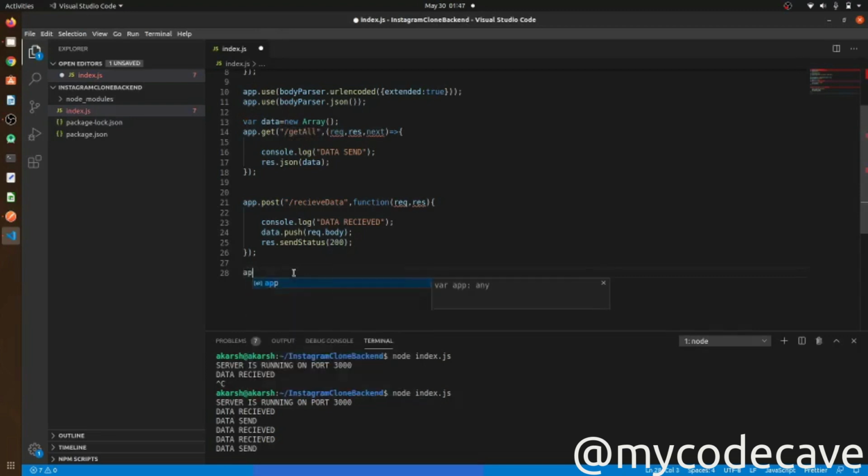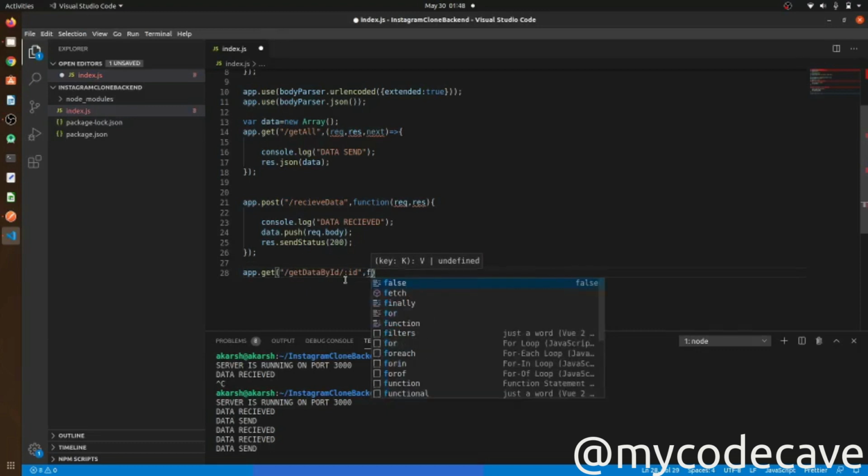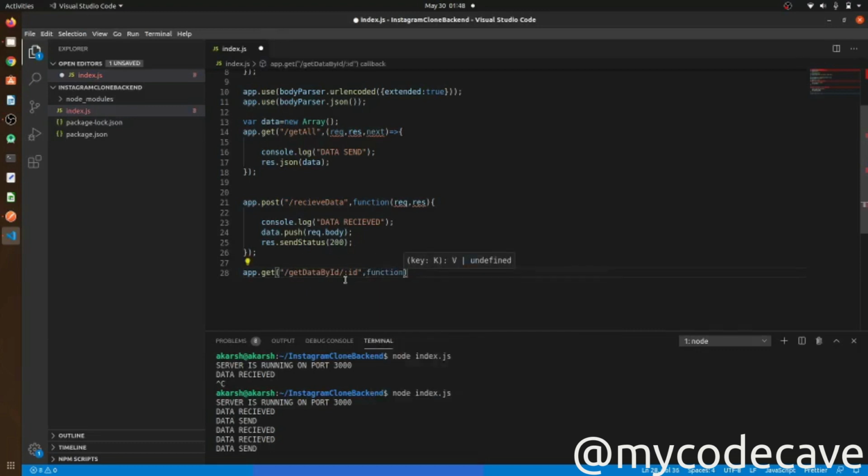For that we can use app.get, and we have to create a REST API get data by id, and after that I have to give an id. Just giving a colon after a slash sign is a way to give parameters. After that we can give a function, and in that it will be request comma response.